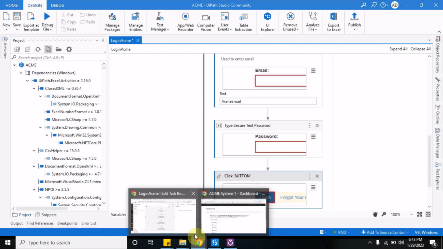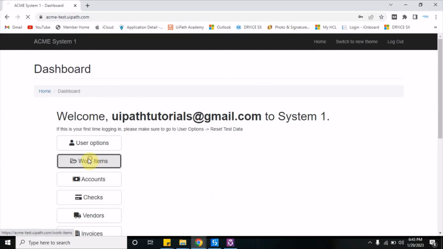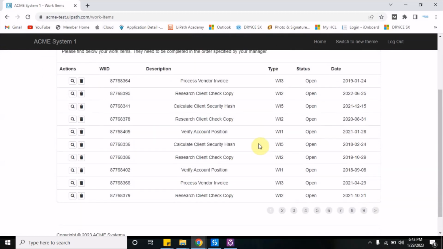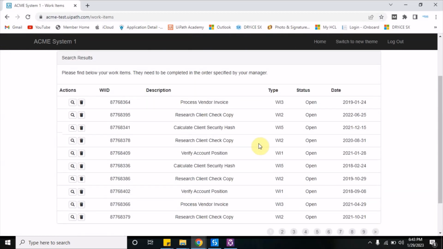In the next video we will see how we can grab all the work items and put them into Excel, and we will see in Automation Anywhere how we can do that, and in Studio also,